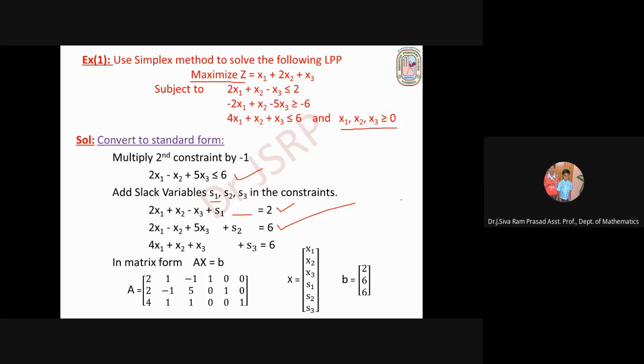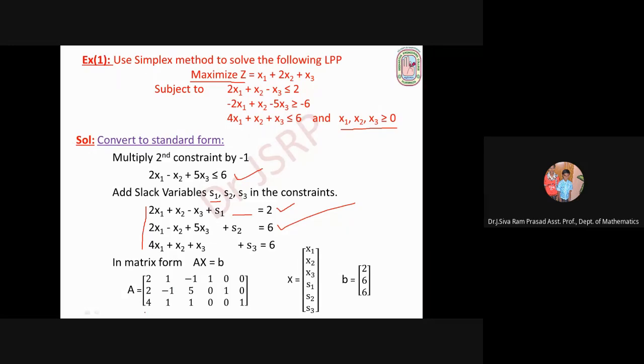All of you write the problem simultaneously. Right. Next, what is the second step? In the second step, we examine whether the coefficient matrix contains a unit matrix, IM. So here the number of constraints is 3. So we have to choose 3 basic variables. Okay. So we have to examine whether the coefficient matrix contains a unit matrix of order 3, that is I3.